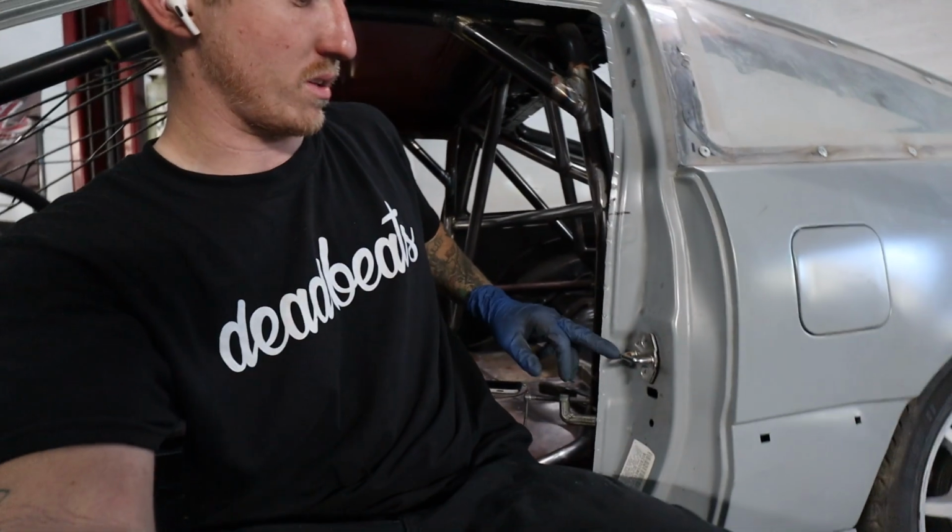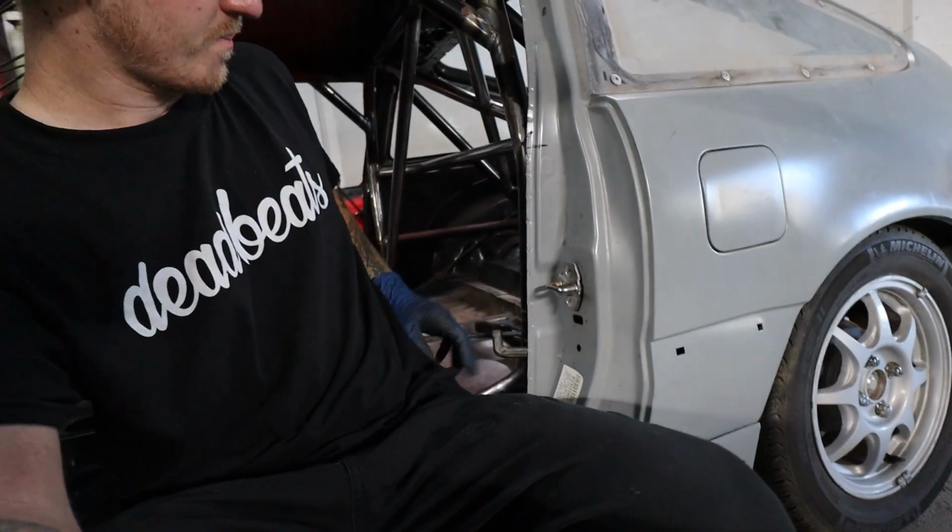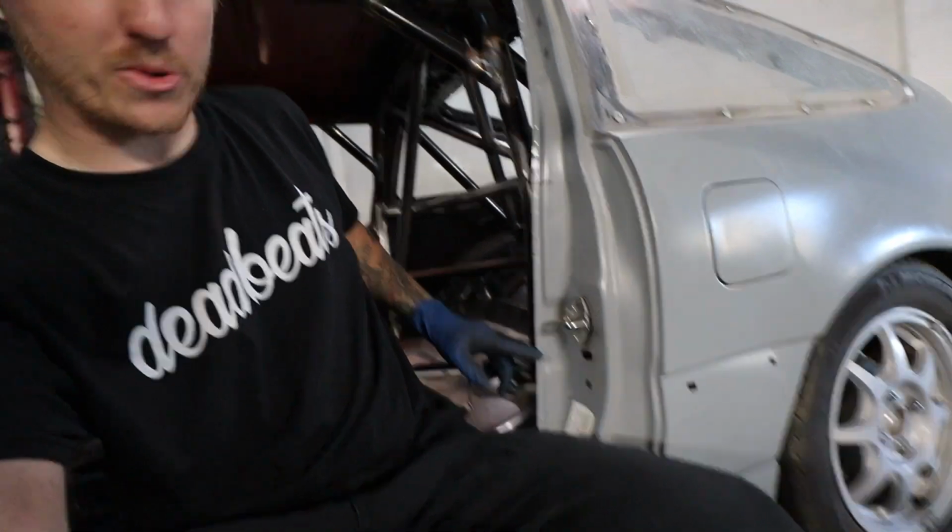So I was looking at more pictures, and it looks like most people are putting the top bar level with the door striker, whereas I have it about 3 to 4 inches lower. It's kind of hard to measure. So I'm going to go ahead and cut out more of...